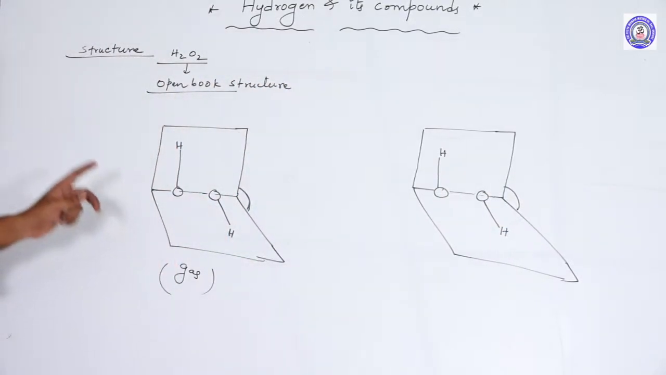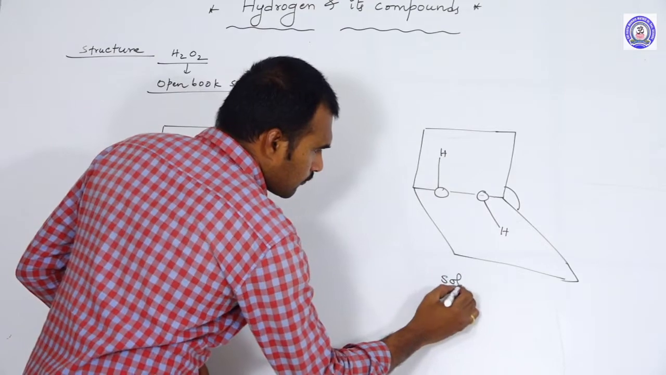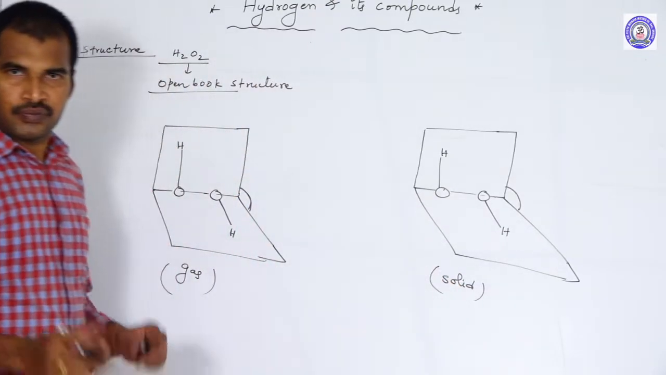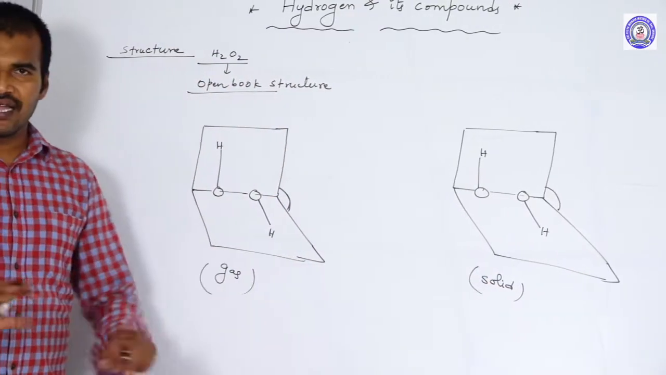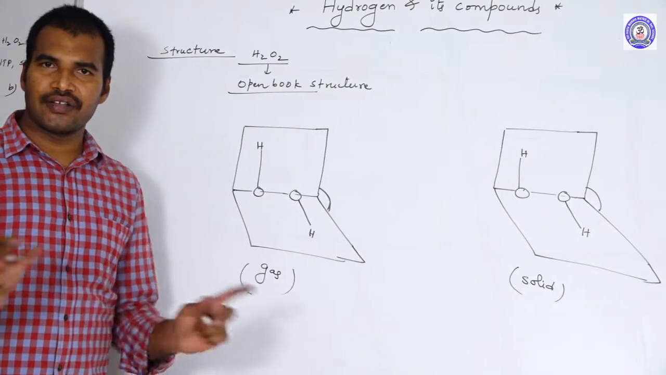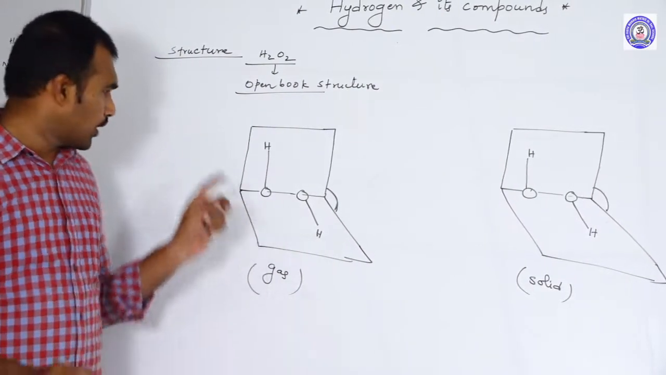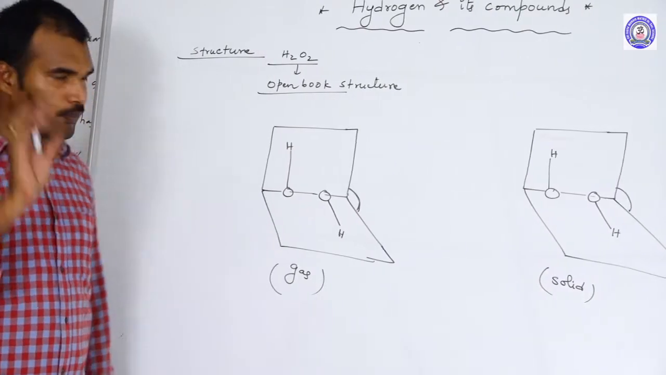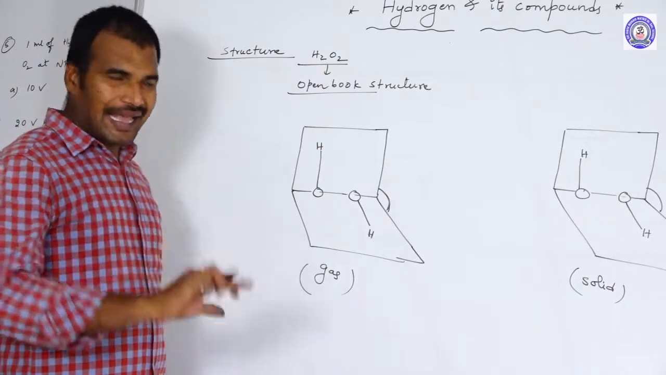Okay, now, so this is solid phase. In gas phase and solid phase, they have different dihedral angles, different OO bond lengths, and different HO bond lengths. Okay, you remember one point. In gas phase,